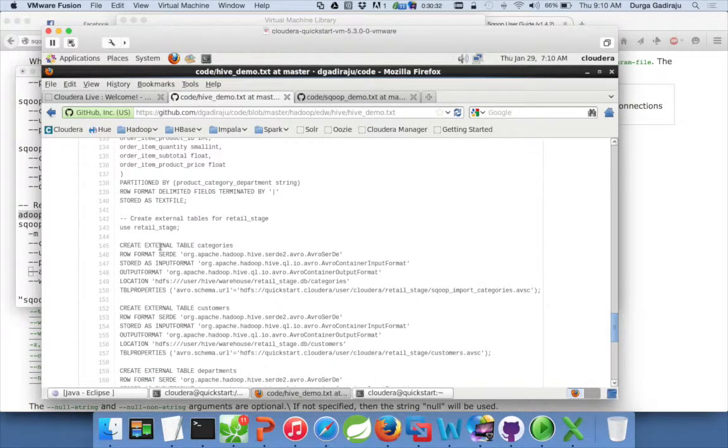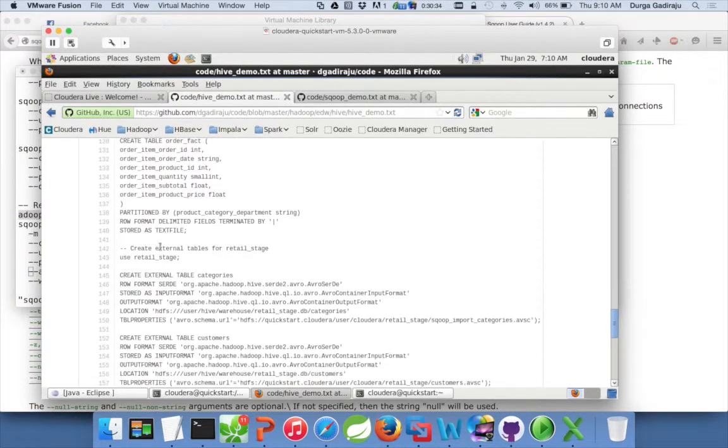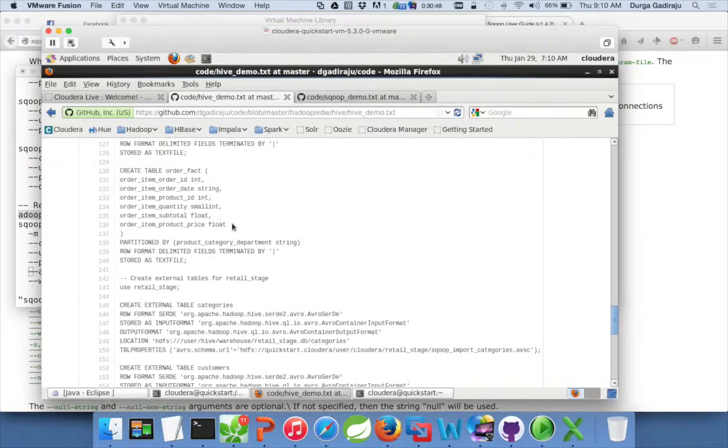The main difference between a typical Hive table and a table which uses Avro format is that you will not see the column names here, because the column names are in an AVSC file. You have to define table properties and tell how the schema for this table looks.